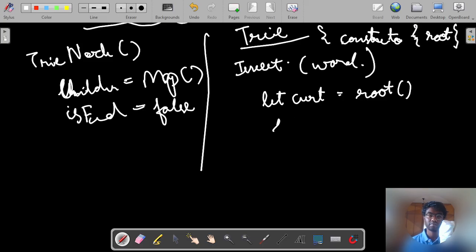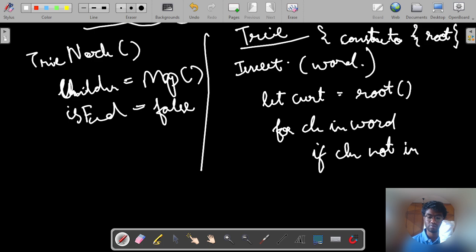And next, for each character in word, we check if the character is not in the current node,